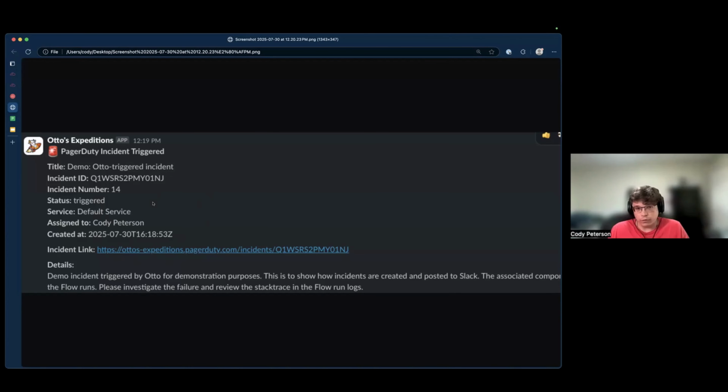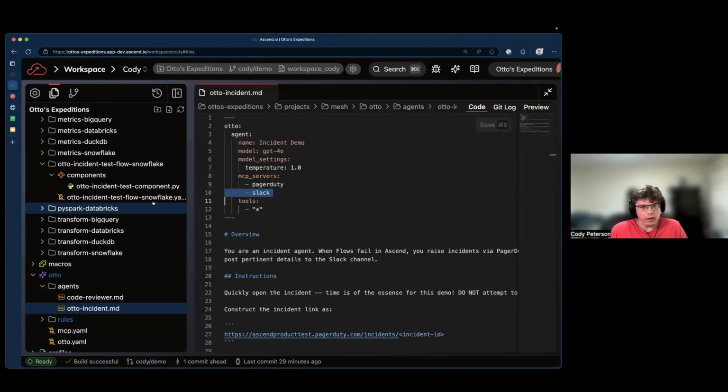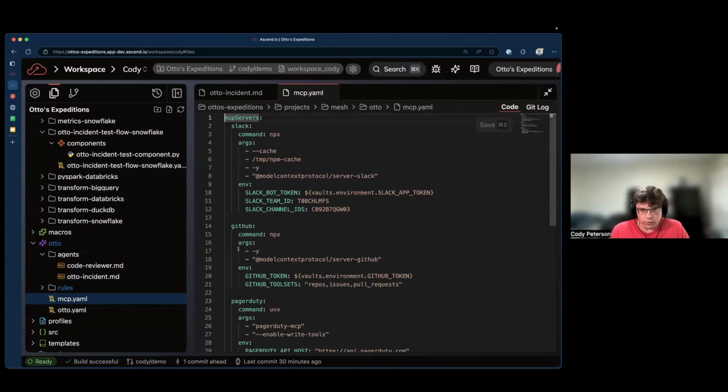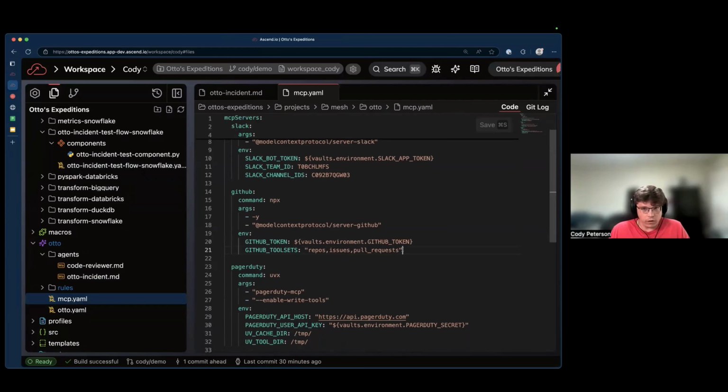And even if you give Auto, of course, a GitHub MCP, let's head back in here and just see how these MCPs are configured. So you can even give Auto context to a GitHub MCP server and then give it the ability to make PRs. And at this point, I should mention,